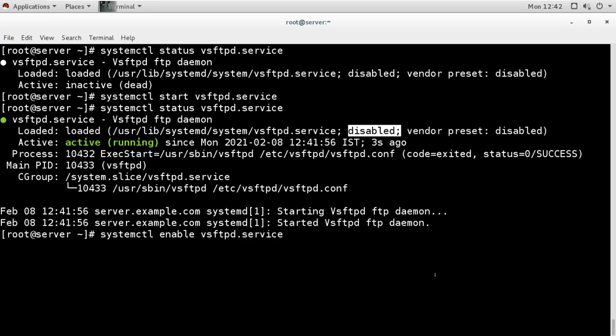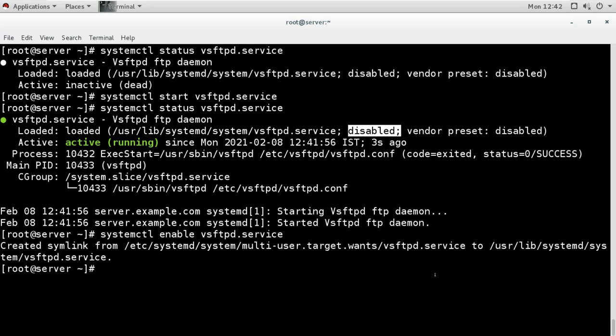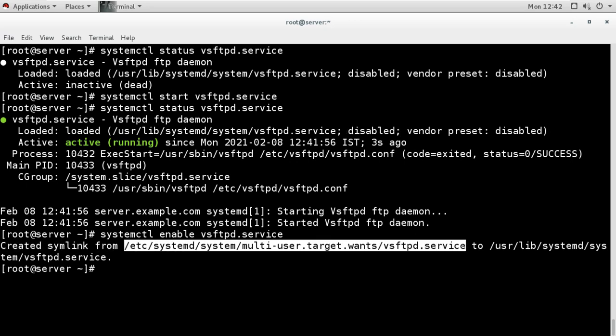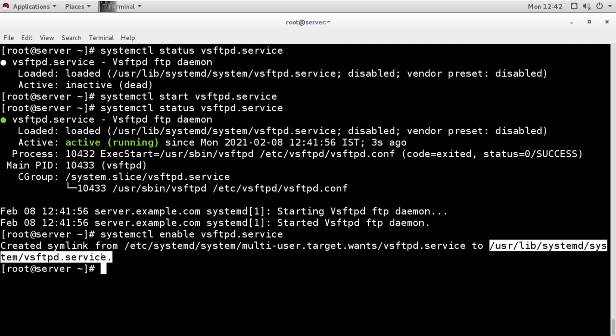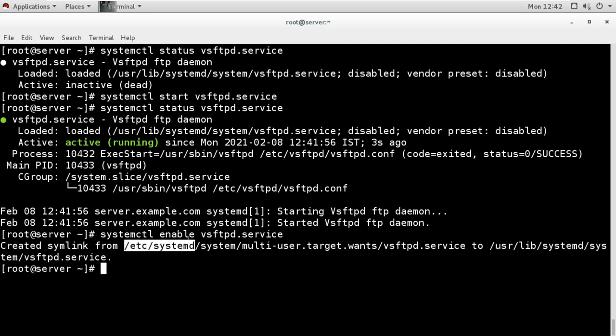When I run this, it creates a soft link under the /etc directory, from the main directory where all the service and target units are, so from /usr/lib it is creating the link under systemd under /etc.